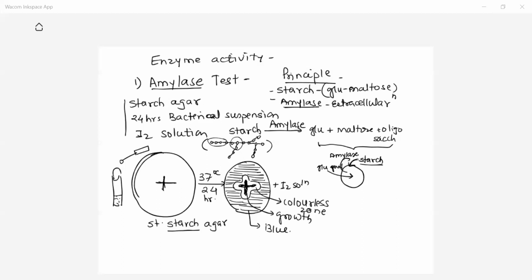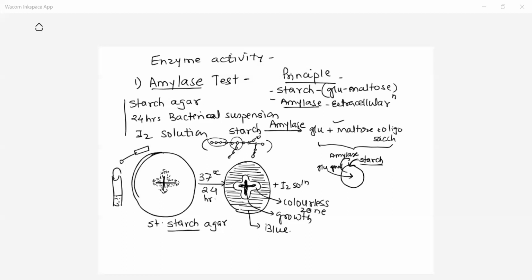Here, when you inoculate the organism on the plate, the organism will produce the amylase enzyme because you have given starch in the plate, and that starch can be degraded by the amylase enzyme produced by this organism. The amylase produced gets secreted outside the colony. This dot indicates the amylase enzyme secreted by the organism, and where this amylase was secreted, from that region starch was hydrolyzed, and that hydrolyzed product is glucose and maltose. Now another thing we should